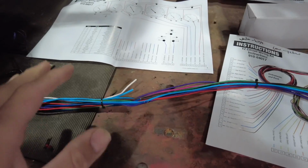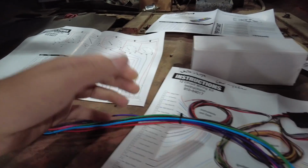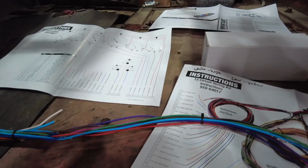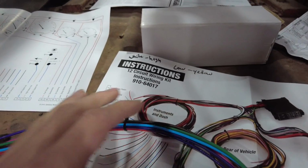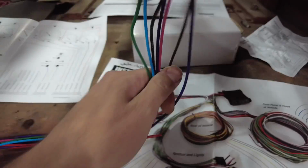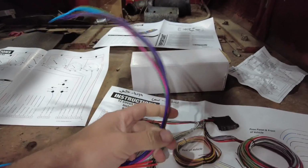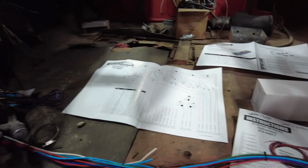So it's really nifty whenever you're running all these wires, because you can look down and say that you're going to bundle everything up for the dash. Well, you can put everything in there, like, oh, I've got the tach, I've got my coolant temp sensor, I've got my park lights, whatever. All the stuff that you're going to put into one section, you can literally read it, see the chart corresponding, zip tie it into bundles,